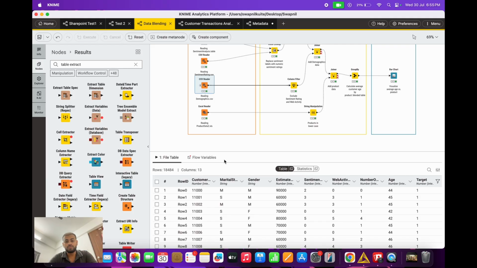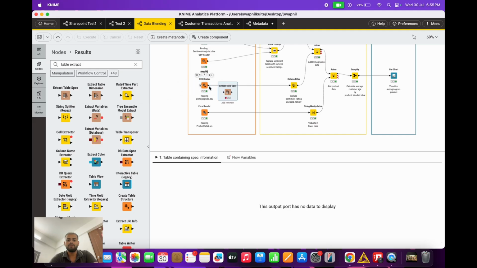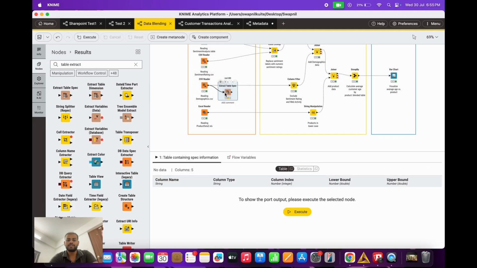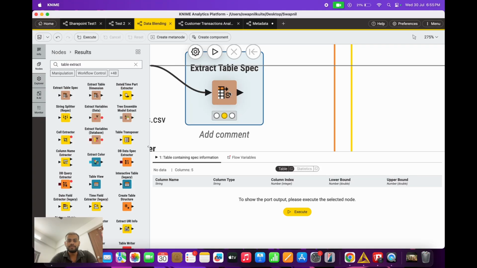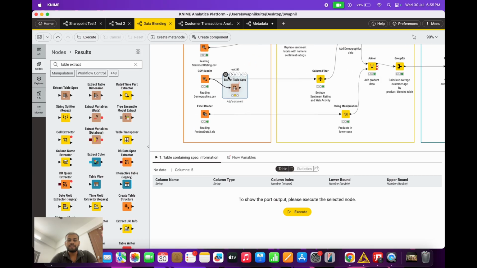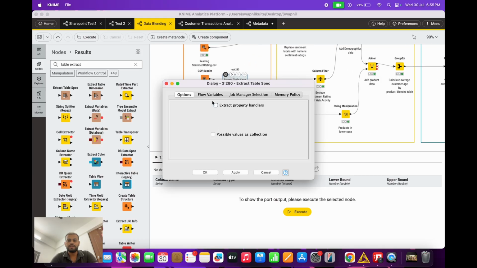So how can you extract it, or if you want to store it in an Excel file or download it, how can you do it? For that, you have to use the Extract Table Spec node. This is the particular node in KNIME that you can use to extract the metadata. Let me zoom in. In the table extractor, what you have to do is